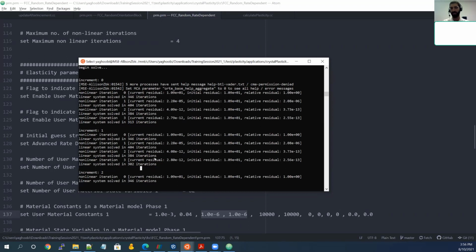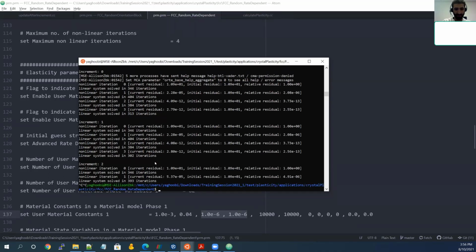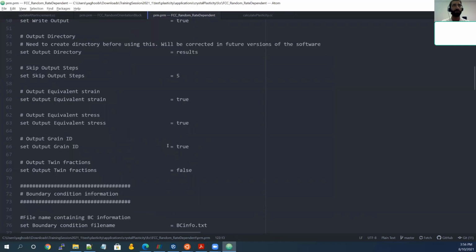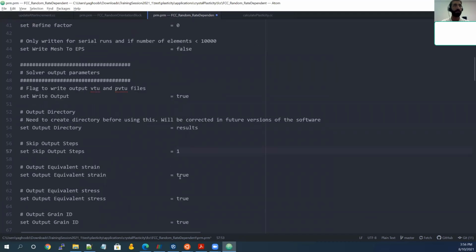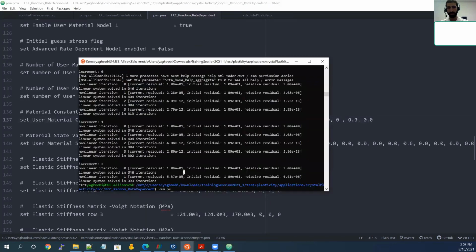So it's an optimization you need to do before you start your real size simulation for your simulation system or special geometry you're modeling or special boundary condition you're trying to model. So what I will do is I will just kill this and open the PRM file here and make the output just one, to make it very fast, and I make this 4 and 4. Hopefully this will be much